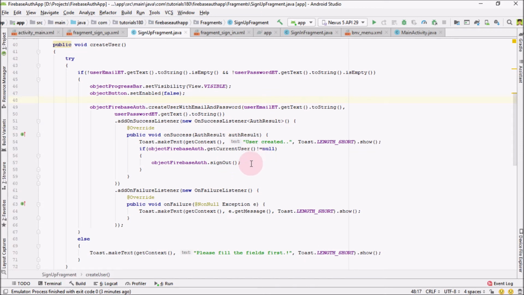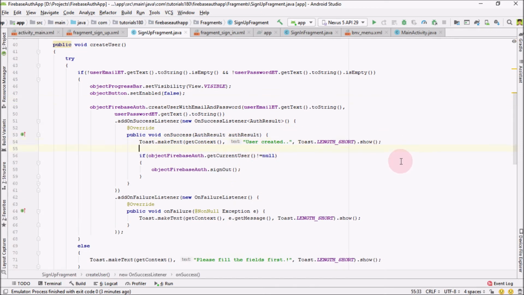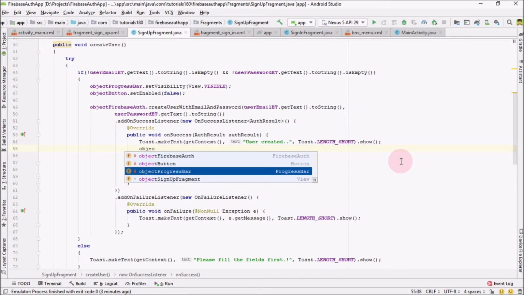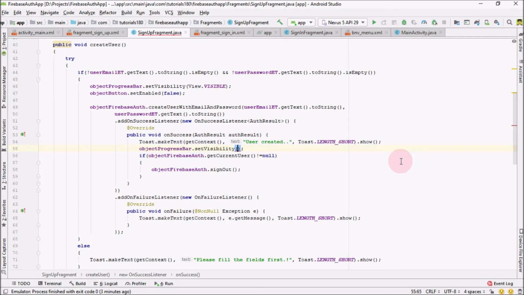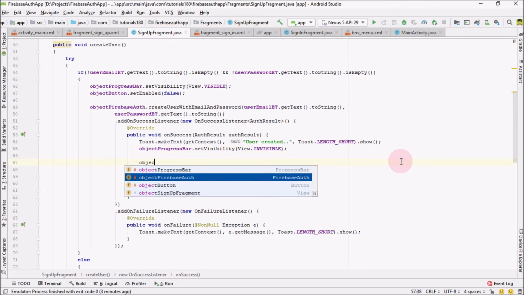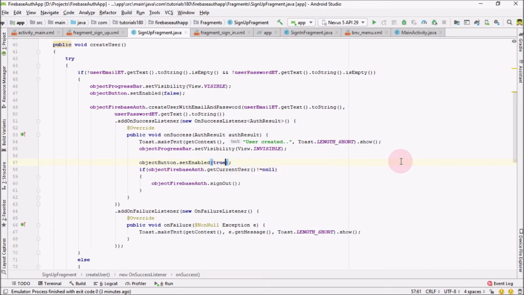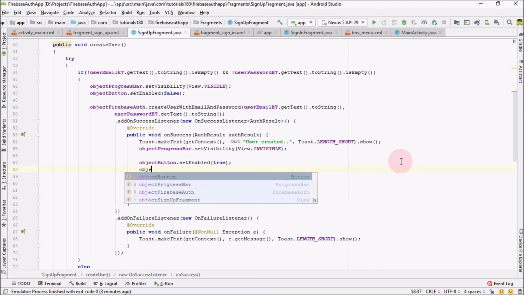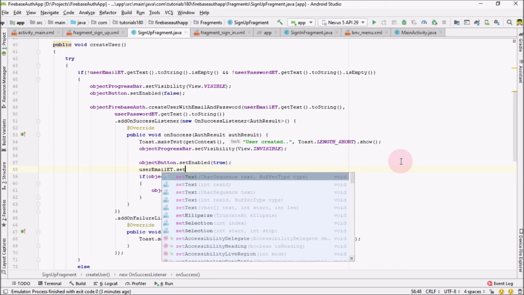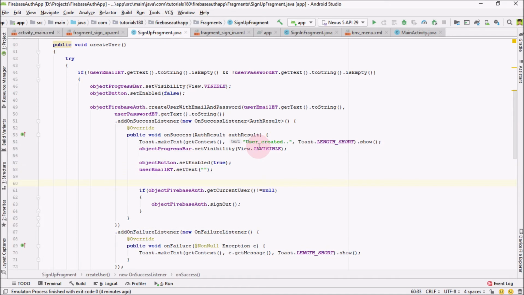Okay, after creating the user, if the user has successfully been created, then we are going to set the visibility again to invisible of progress bar, and at the same time set the button set enabled to true. Okay, and set the email ET set text to empty string, and user password ET dot set text to empty as well. Okay,